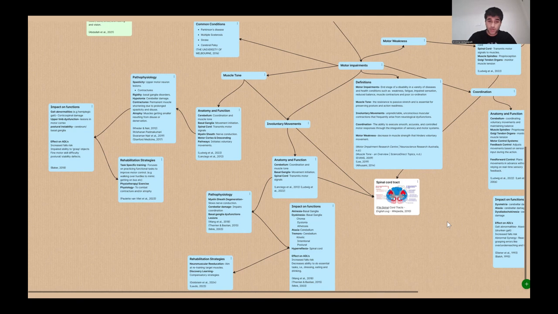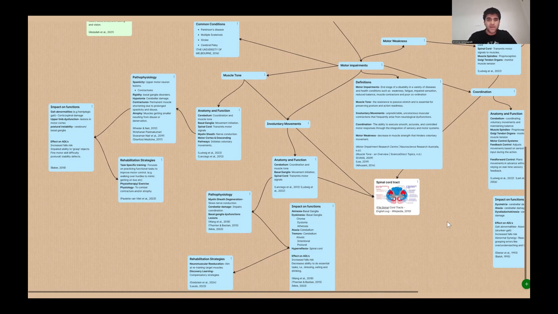Next up, we have involuntary movements. Involuntary movements are uncontrolled muscle contractions that signal neurological dysfunction. They're unpredictable, not under voluntary control, and can be distressing for clients. Common causes include Parkinson's, Huntington's, cerebellar disorders, and spinal cord injuries, each involving dysfunction in the basal ganglia, cerebellum, or